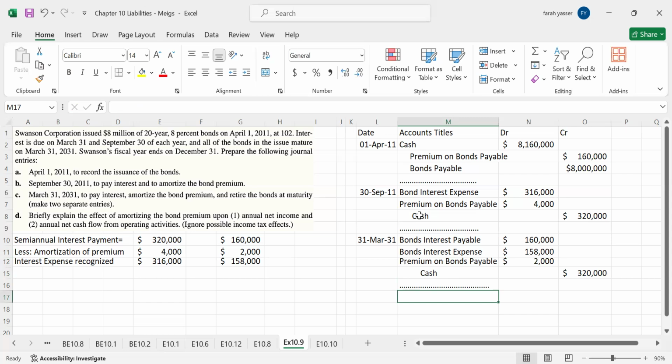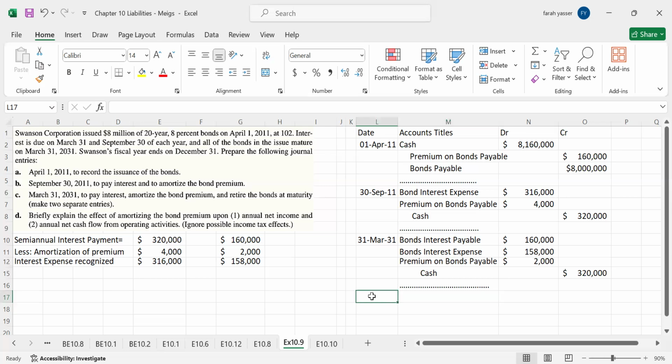Here, the difference between these two entries is basically the total interest is divided on the interest expense and the interest payable. This interest payable belongs to the 3 month of 2030, means October, November, and December of 2030. And this interest expense belongs to the 3 month of 2031, means January, February, and March. And this is the bonds premium of that 3 month, January, Feb, and March. And the payment will be recorded for the 6 month on 31st March